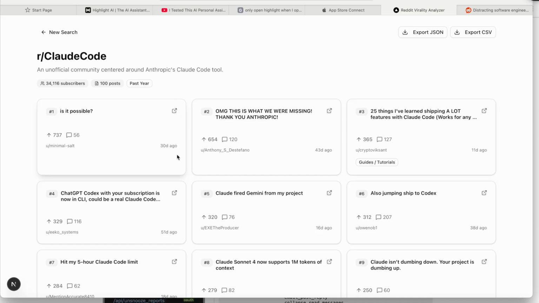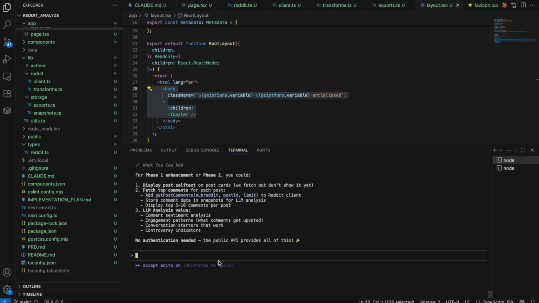But right, so this has been today's session of making a Reddit analyzer, and I think tomorrow I will implement the LLM version, the LLM side of it, where we're able to use an LLM to break down the analysis and understand where we can go from there. All right, thanks everyone.